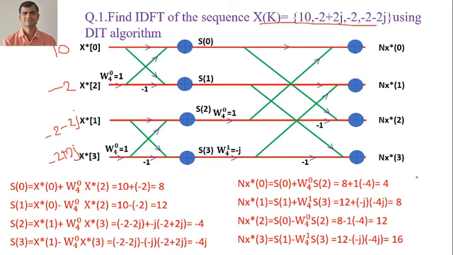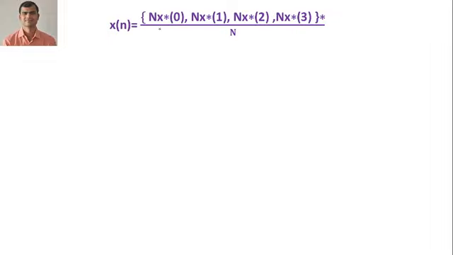Now here we are getting this answer, and this answer is N x conjugate of a particular sample. So for that first we need to write the equation, and this equation is like this. Here we will be putting the values of N x conjugate of 0, N x conjugate of 1, N x conjugate of 2, N x conjugate of 3, and after putting the values we are taking the conjugate of all the samples. Okay, so here we are getting the real part only, so if you take the conjugate of a real part, it becomes the same. So the answer we are getting here is N x conjugate of n: 4, 8, 12 and 16.